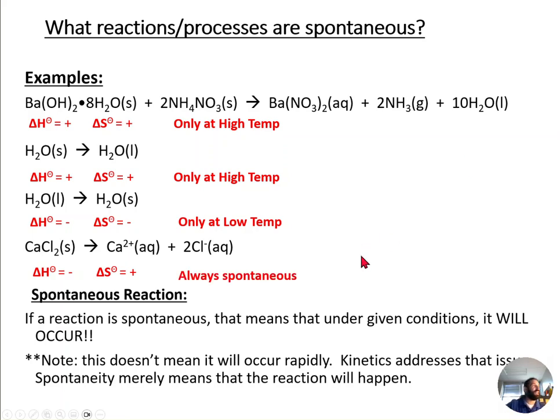All right, so if we just look at examples, for this reaction, mixing hydrated barium hydroxide with ammonium nitrate, that is an endothermic reaction. If you mix those two solids together, it does become cold, but it only happens at higher temperature. Probably because both of these are ionic, and you have to break the lattice. Who even knows? But anyways, if we look at water going from solid to liquid, that's melting, which is endothermic,